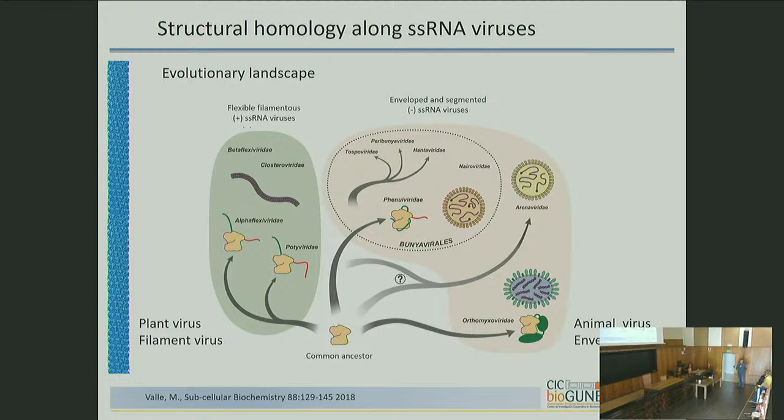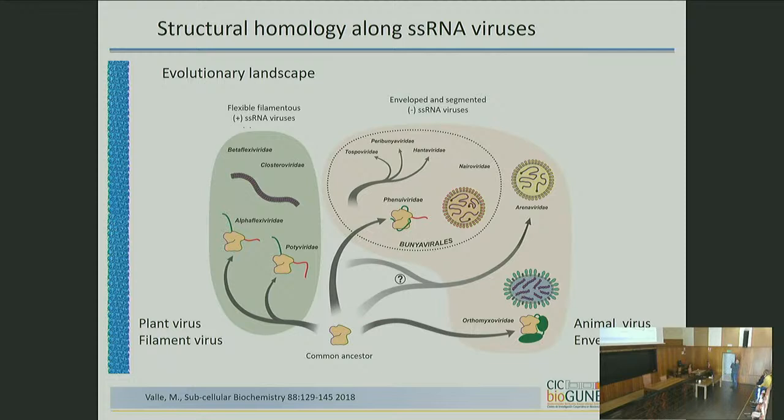So taking the membrane from the host is a factor that prevents you from getting a filament envelope virus, which would be really expensive from an energetic point of view, and you may take half of the cell membrane of the host cell if you want to cover the whole filament with a membrane.